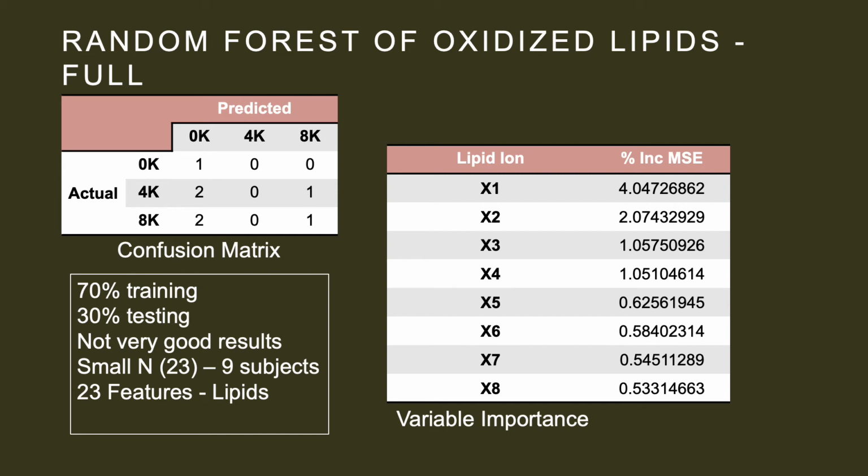So this first one is using the full data, so the 3 levels of altitude, and we can see the confusion matrix up here. So not super good, but again, we only have 9 subjects, and because of the repeated measures at varying altitudes, the total N was 23, and we also had 23 features or lipids that we were measuring. So as we can see here, it's not really doing a very good job predicting, and this probably should have been rerun because there were not any